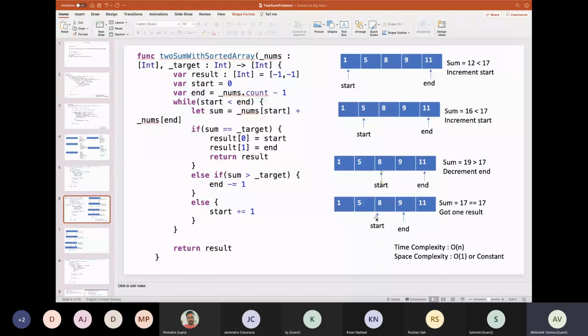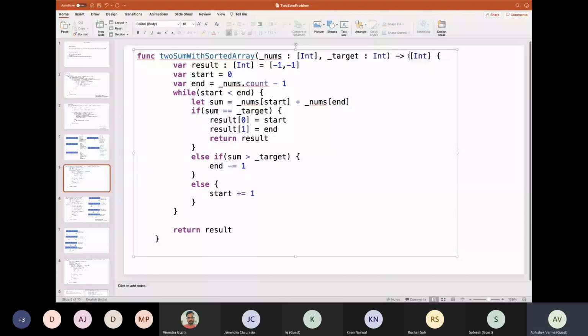Coming to the code for what we did, here I am returning a single result. We take two pointer variables, one is start and one is end.